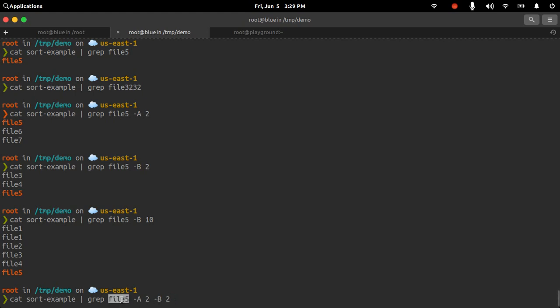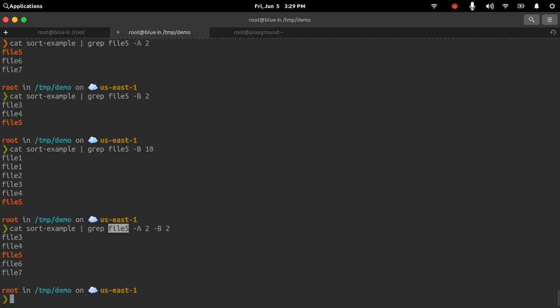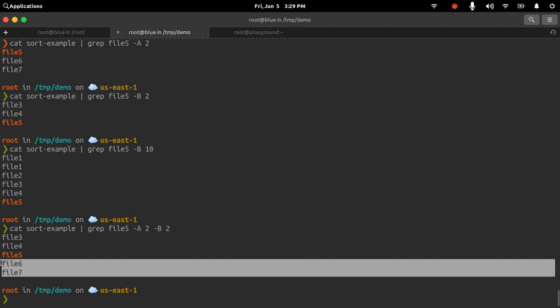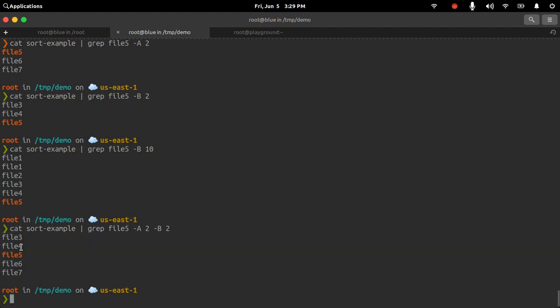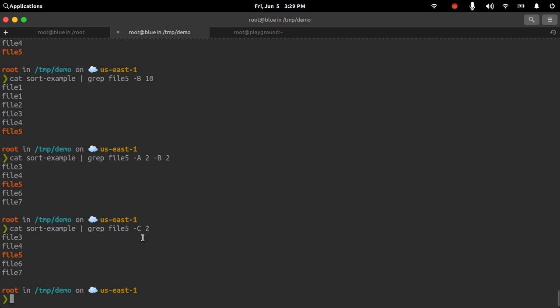It will print the output this way, after the search string and also before the search string. This can also be done with the help of another option, which is -C. It will check for 2 lines before and after the search string, and it will print all of those lines to you. Grep is a very powerful tool.